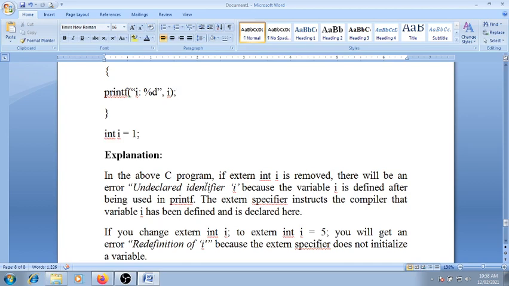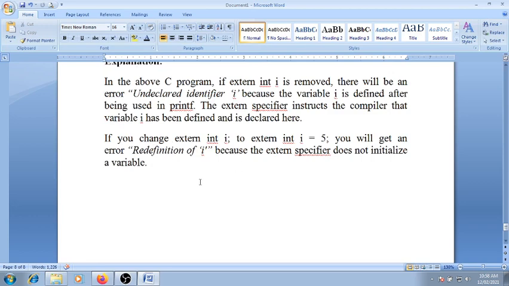So in the above C program, if extern int i is removed, there will be an error, undeclared identifier i, because the variable i is defined after being used in the printf. But the extern specifier instructs the compiler that variable i has been defined and declared elsewhere.